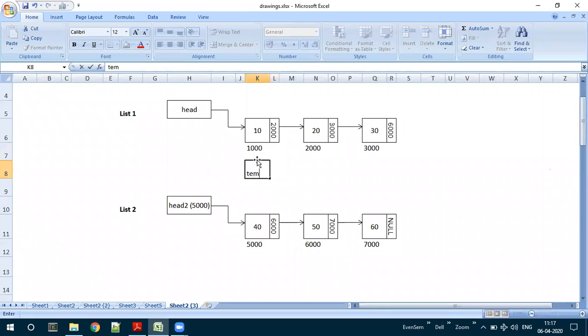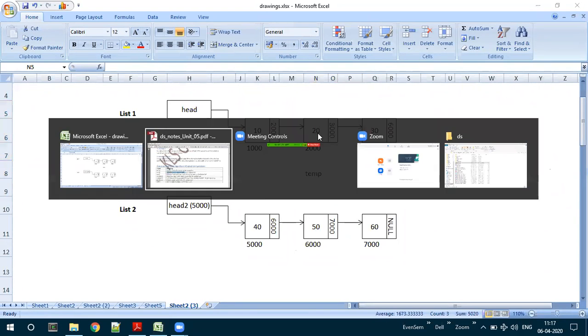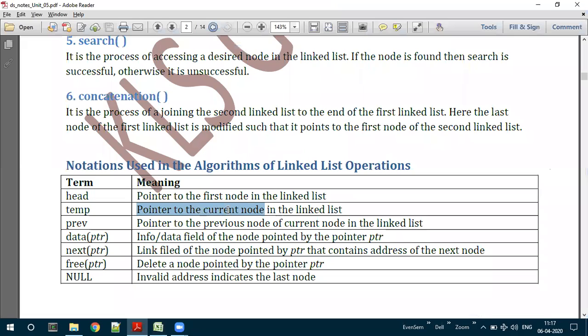Suppose if I write temp here, temp means it is the present node which I have selected in the particular operation. Suppose I am at the next node over here and I write temp over here instead of this particular place, that indicates the current position. Current position in the sense this particular node is the temp node. The temp is pointing to the second. So temp is the pointer to the current node, the presently selected node in the linked list.